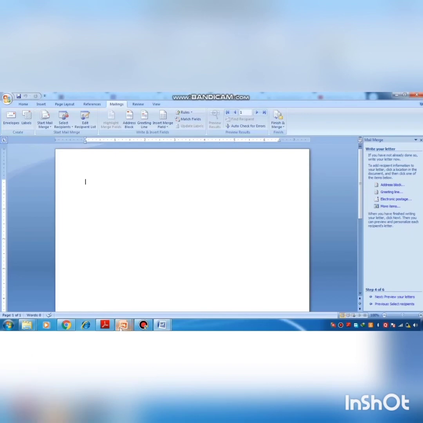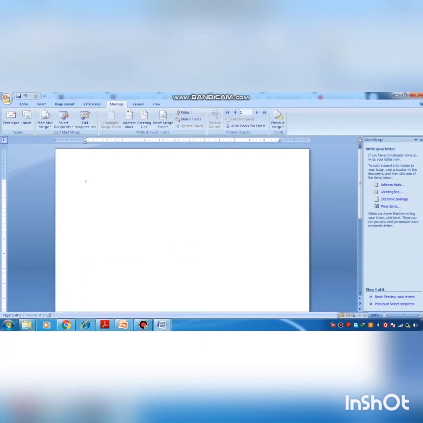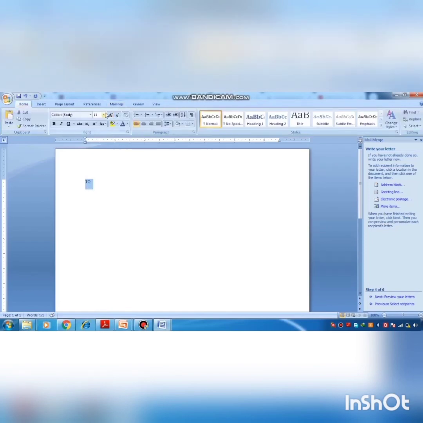I want to write my letter, so I can start with the 2. Wait a second, I will just increase the size of the font so that you can see it properly. 2, and here 4 options will appear: address block, greeting line, electronic postage or more items.